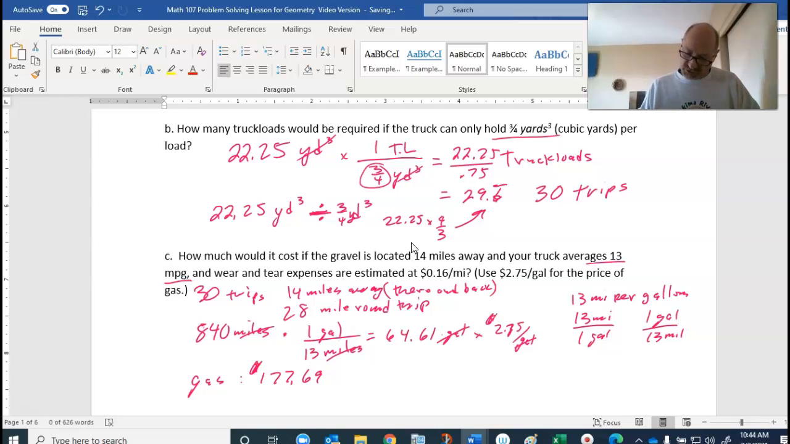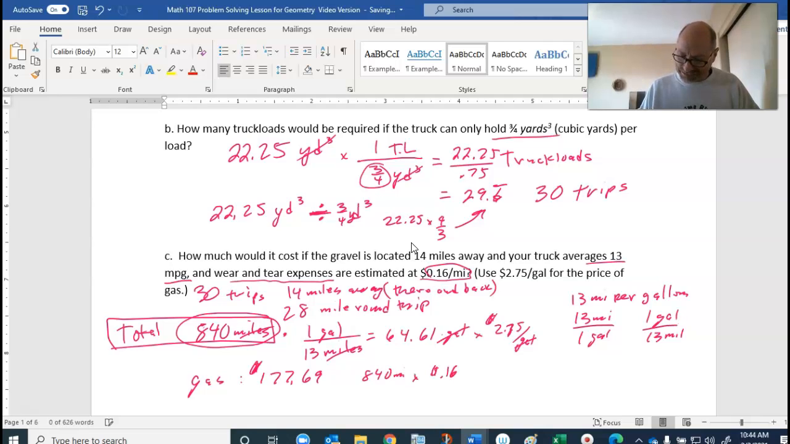But it also says there's wear and tear. Now the wear and tear is 16 cents a mile. So remember, we calculated a total, I should have boxed that in. We have a total of 840 miles. And so we have to add at 840 miles, and it costs you 16 cents per mile. The wear and tear expenses